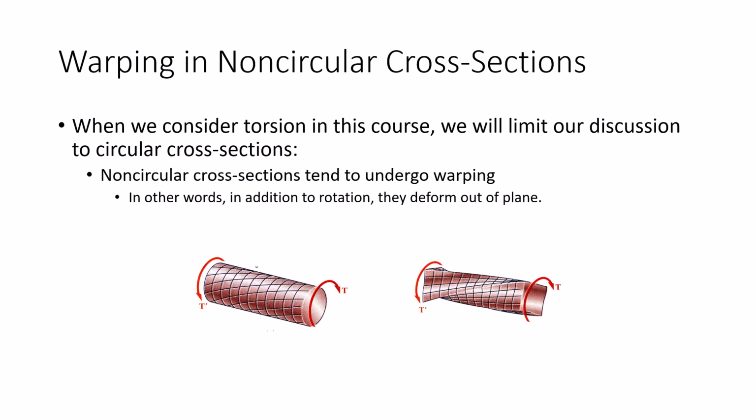And how do you handle that? Well, you have to account for not only just the rotation, the pure torsion, but you have to handle the warping as well. And there are ways to do that. There are warping constants, and we can get into advanced mechanics land with warping functions and energy methods and things like that. But more often than not, in most practical situations, we either use circular elements or we try and avoid it. So I know I'm harping on this a lot, but I'm making a point that we will never have problems, at least in this class, where the torsion is subjected to a non-circular element